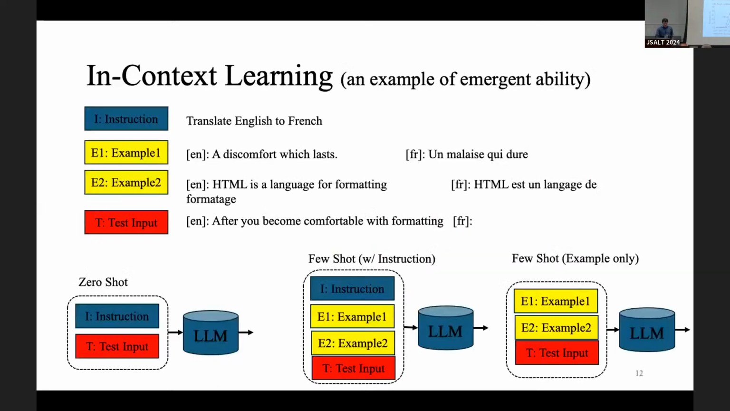Okay, so that's emergent abilities. I'll show an example of an emergent ability, and this is something that really